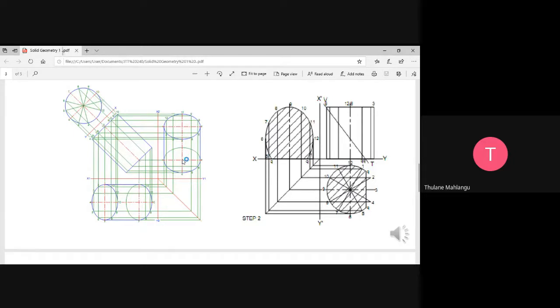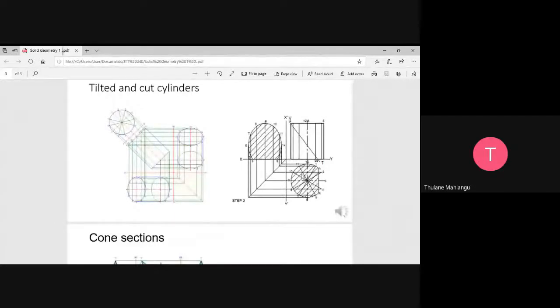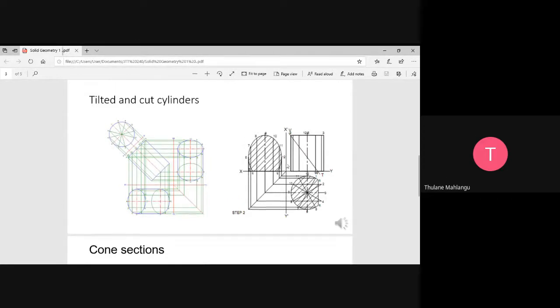So moving from the cylinders to the cut cylinders, cut cylindrical sections. This is where things get confusing, because now a cylinder doesn't have corners, but when there is a cutting plane, you need to be careful about the cutting plane, because if you have the top view like on this one,